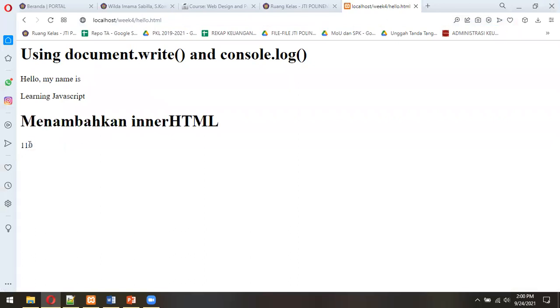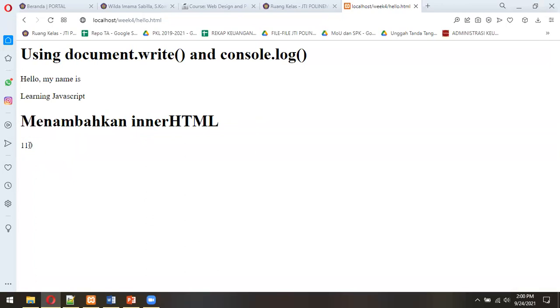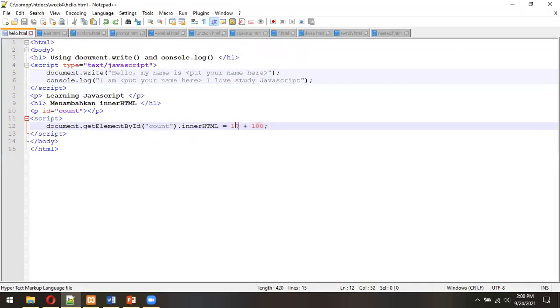So actually, this is the paragraph that we change. The paragraph is just empty. It doesn't have anything here. So if I add this, the paragraph will be replaced by 110, the addition of 10 and 100. Okay, so this is the